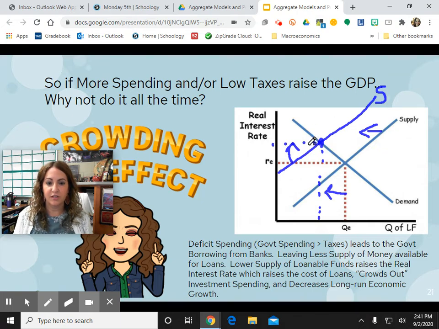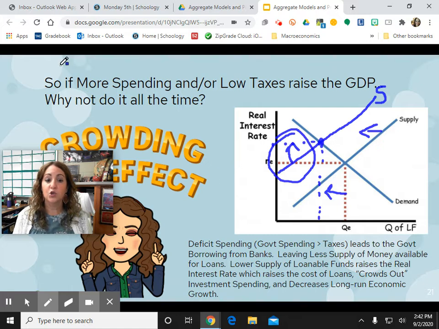Just think of anything: when there's less supply of it, it becomes more expensive. And so the interest rates on loans increase, and businesses can't take out as many loans because interest rates are too high. It's too expensive for the pizza shop owner to take out a loan to buy a pizza oven. It's too expensive for businesses to create a new location somewhere else. They need a loan for that. And if loans are too expensive, they're not going to buy that capital or have investment spending. And if there's less capital, fewer pizza ovens, fewer capital goods, there's going to be fewer consumer goods in the long run.